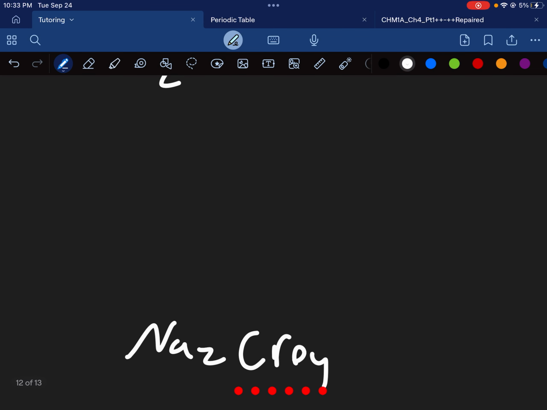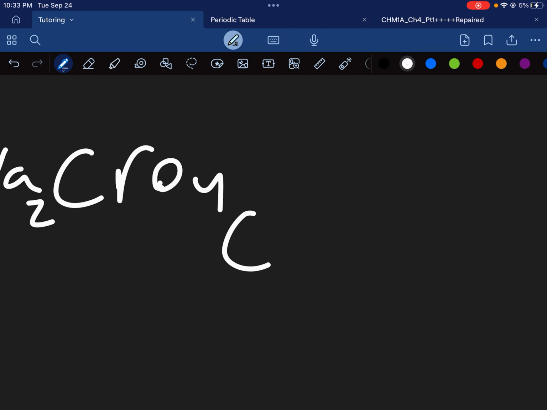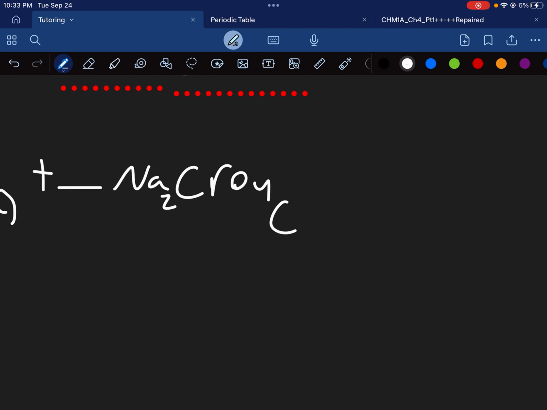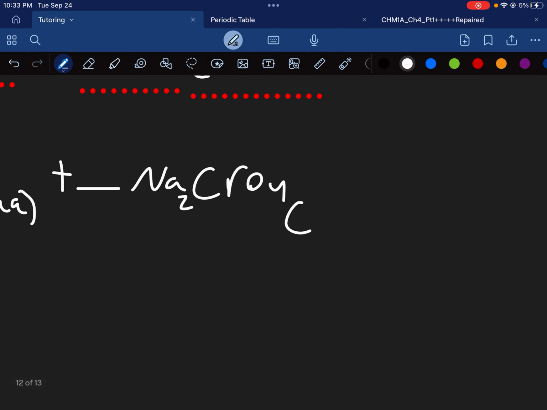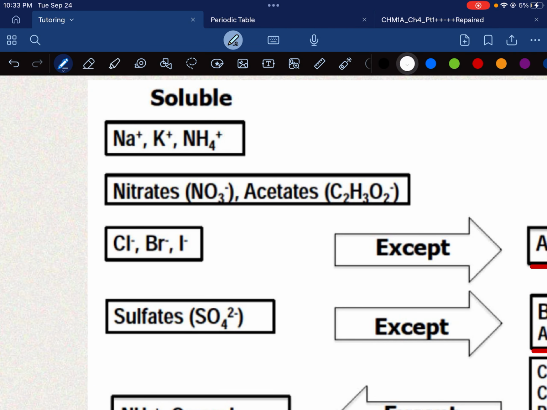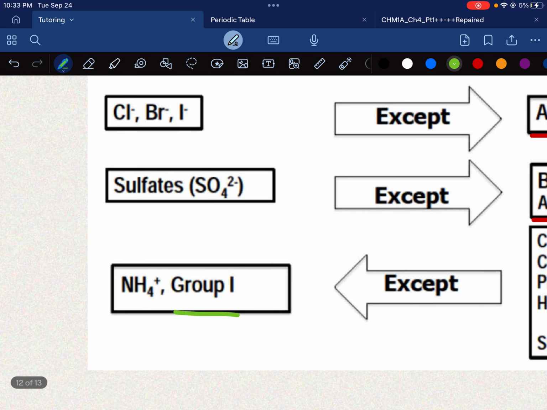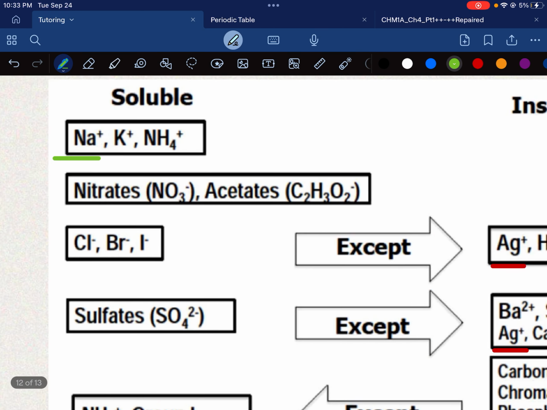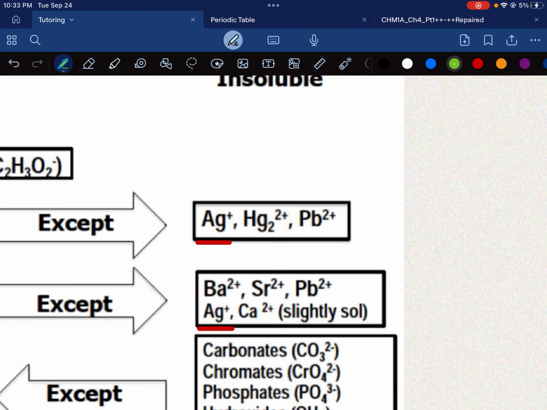Our final step, as always, is determining the species. So, let's check our solubility chart. Let's check the rules for sodium and chromate. Oh look, sodium is the first thing you see on solubility, and it also shows up right here as a group 1. So, sodium is soluble. What about chromate? I didn't see chromate in the soluble, so let's check insoluble. There it is. Chromate is part of the insoluble